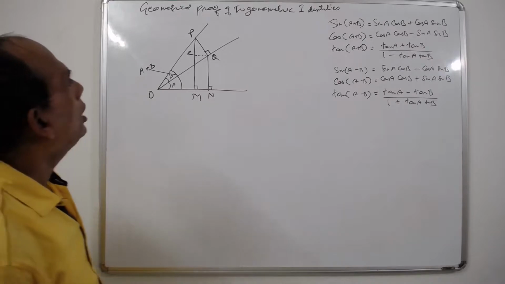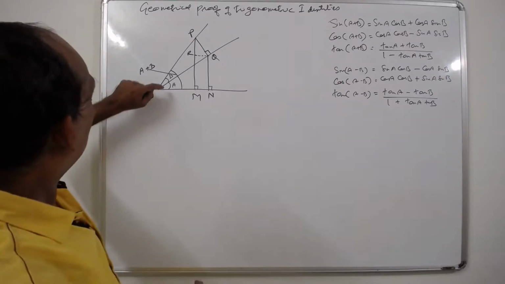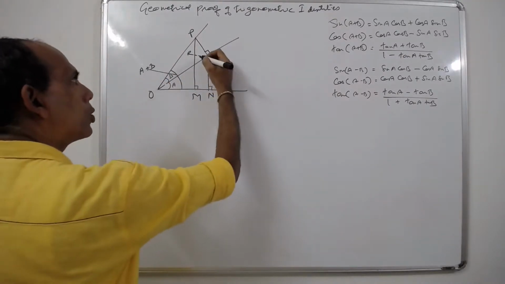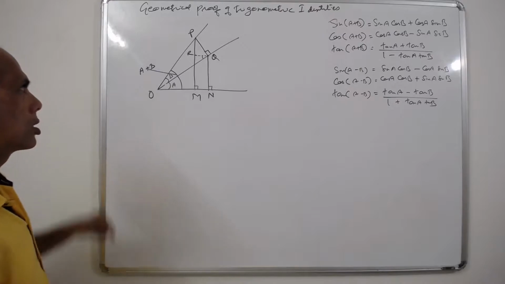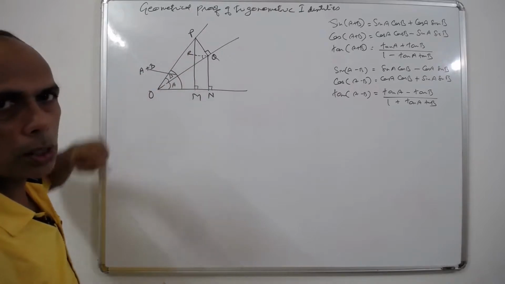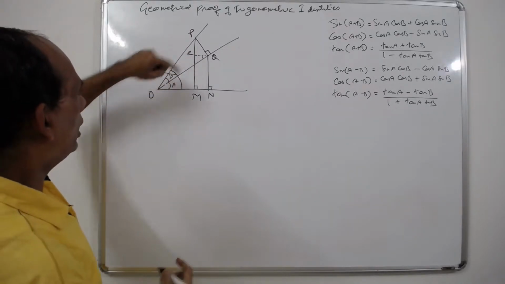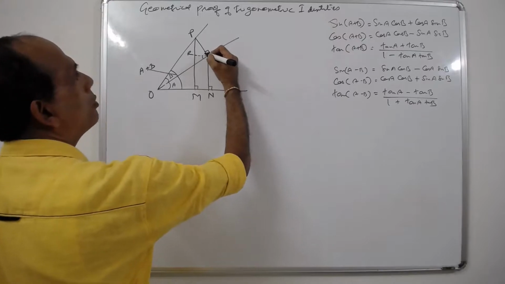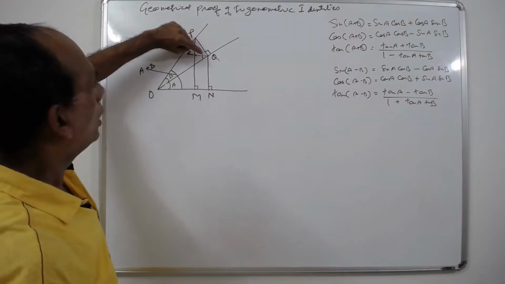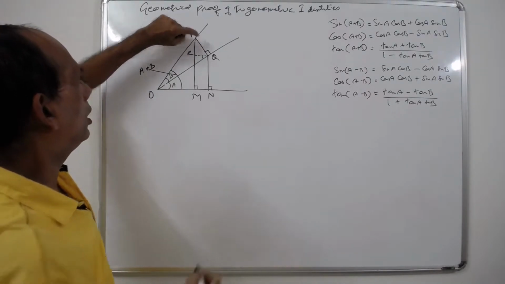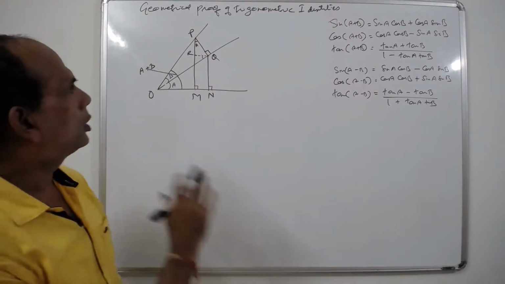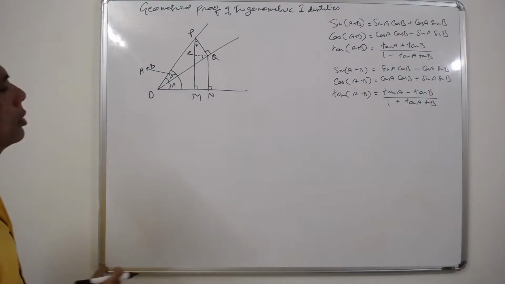Now if you watch closely, this angle A of this triangle OQN, this is also angle A, and this is also angle A, because if this is a line which is parallel to this one, these two become alternate angles. So this is also A. If this is A, then this will be 90 minus A, because we know internally it is totally 90 degrees. If that is 90 minus A, this will be A. So finally we got this angle, which is A. This much of initial construction is enough.